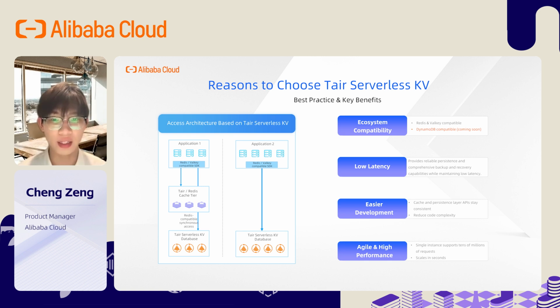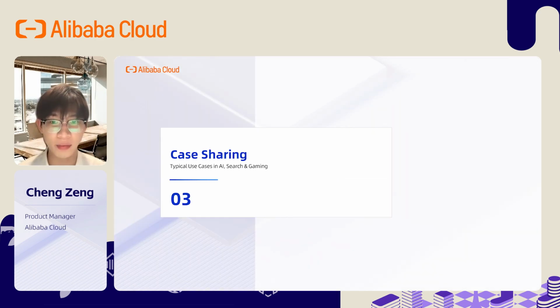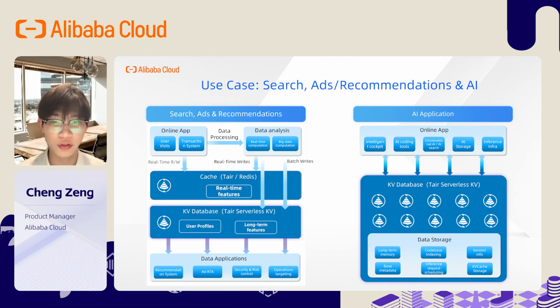And finally, our single instance can support millions of accesses and achieve second-level elastic scaling, helping businesses smoothly cope with traffic fluctuation. And next, let me show some use cases of the Serverless KV to help you better understand its value. Firstly, search advertising and recommendation, as the core service in the internet industry, has several key features like